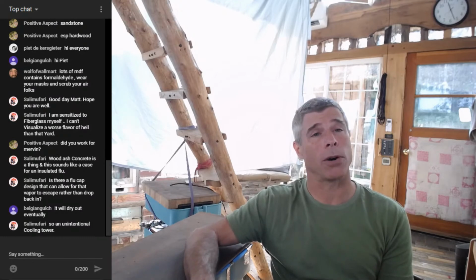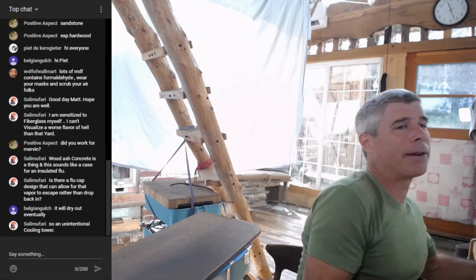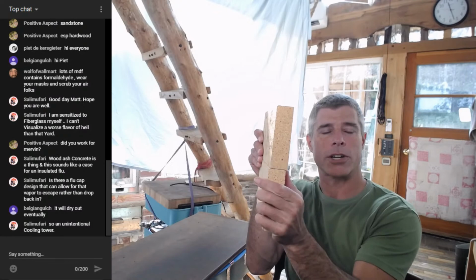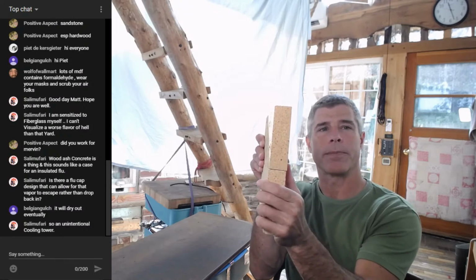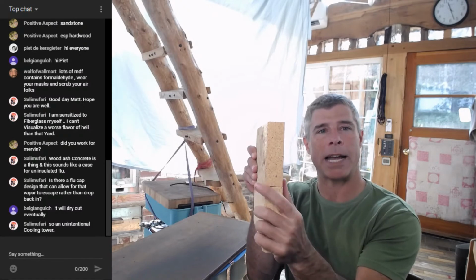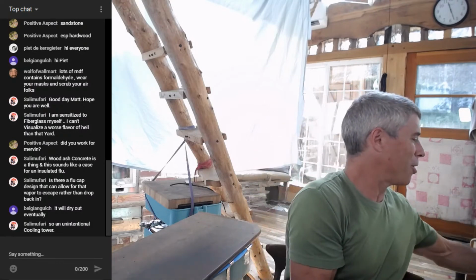is going to blow apart. So great question, but I just want to reiterate: this is not a construction method. This is not self-supporting. Okay, this is a liner. This should never be counted on to be a structure, a structure like this. So